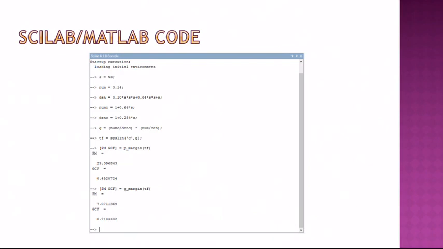Here we have GCF and PM, which are 0.45207724 and PM 29.096843. Both are in hertz. And we also have for gain margin, GCF 0.714402 and PM 7.071139.